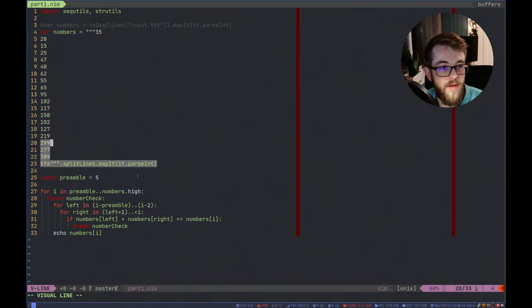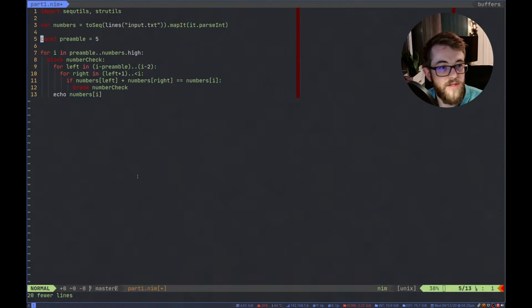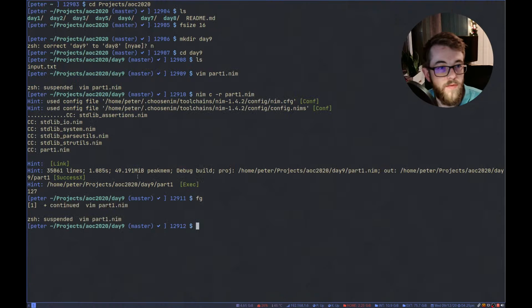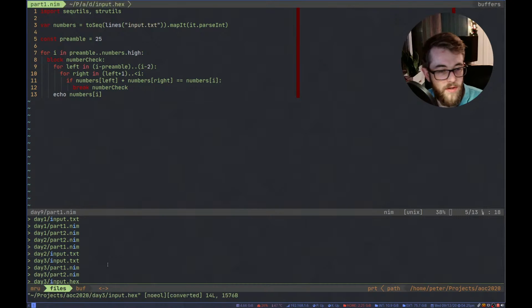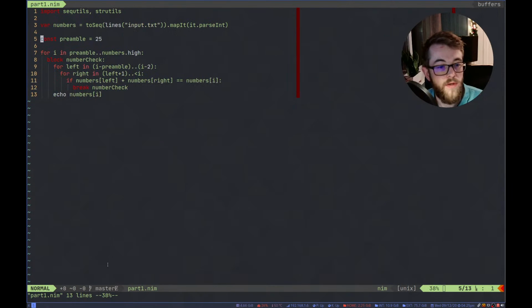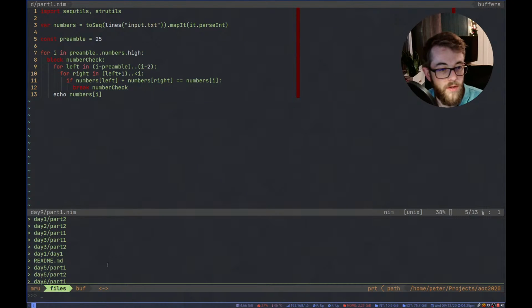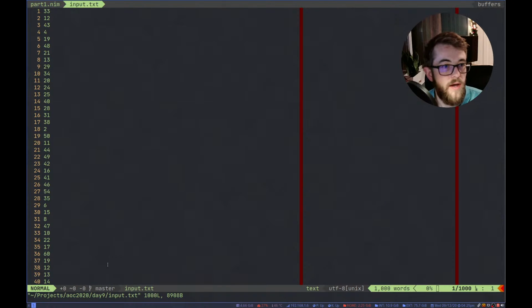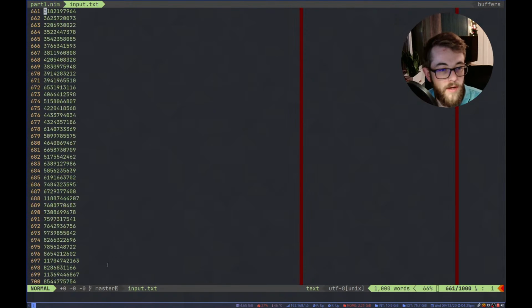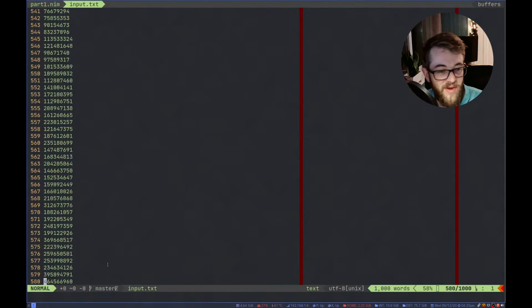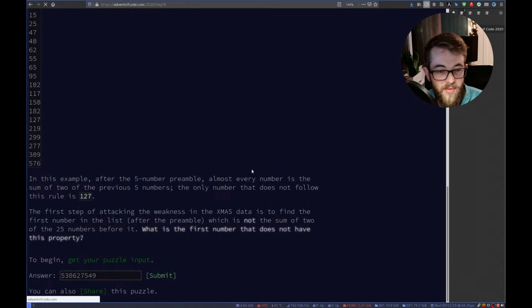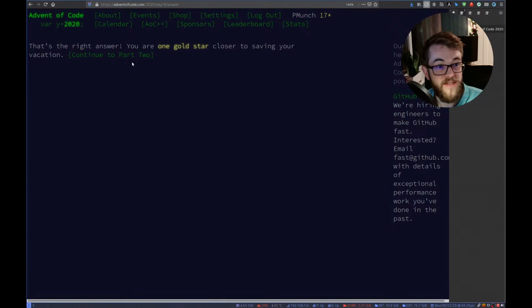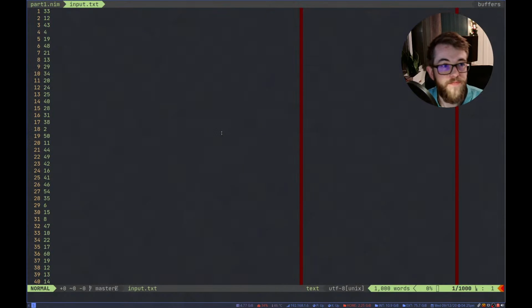Now we have a pretty good indication that this will work. So we can run this, and we get this number right here. Are the numbers actually that big? Oops, that was not what I want to open. I want to open input for day 9. Yes. Because they can only be the sum of the 25 numbers before them, they would necessarily grow quite big. That's the right answer. Okay, part 2.